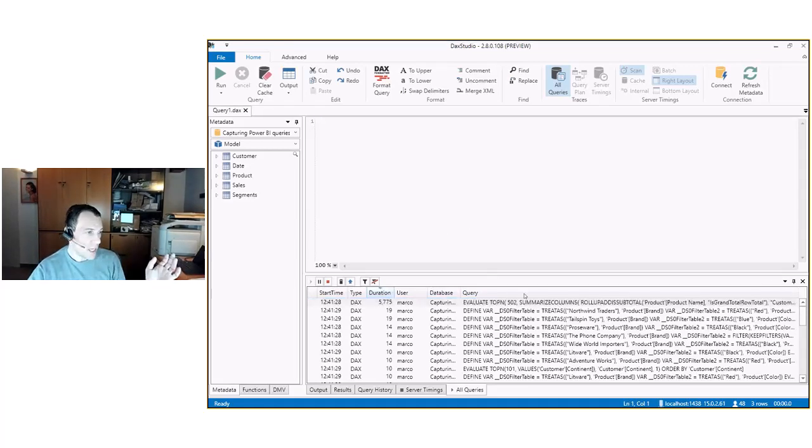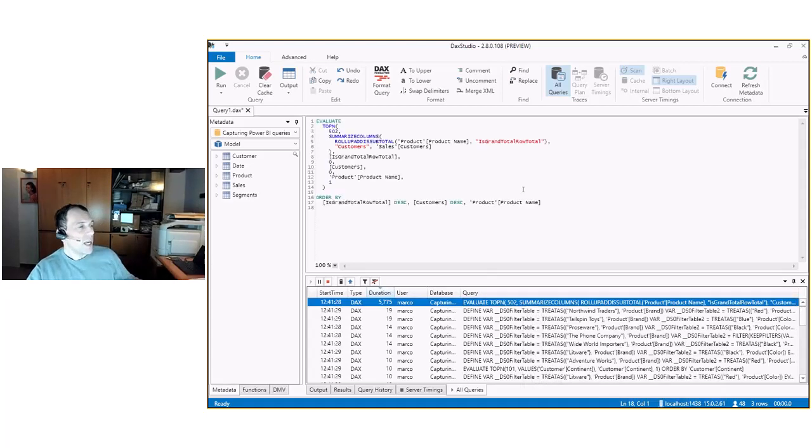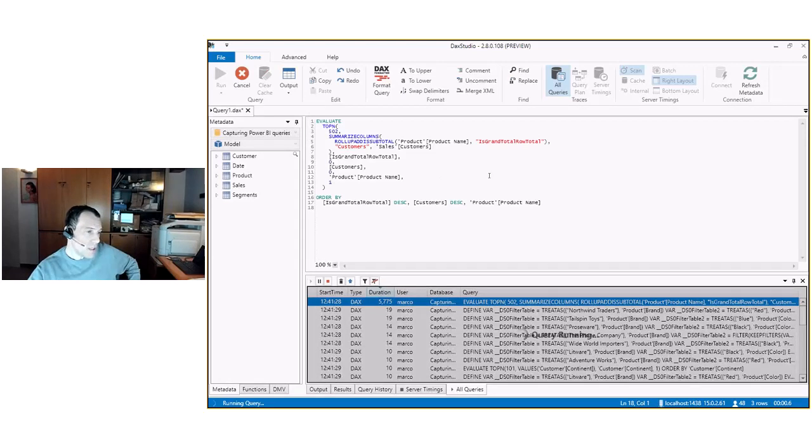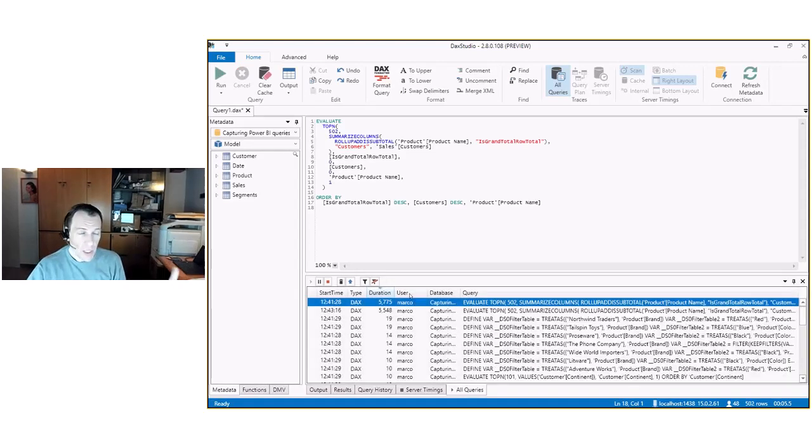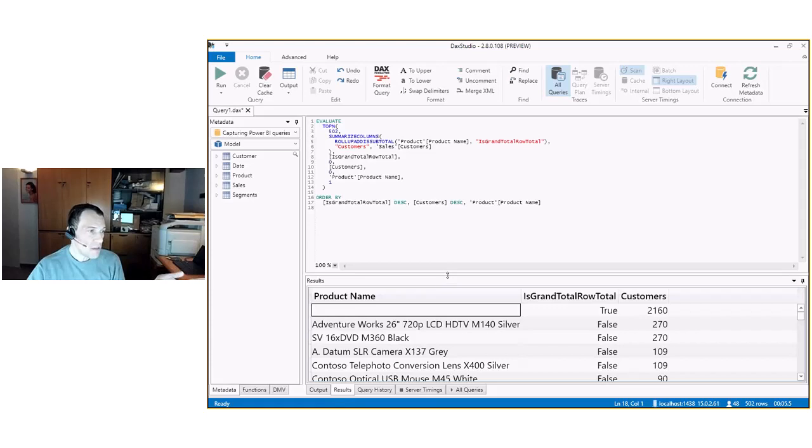So let me just close this, because I had to do. Okay, I double-click this, and now I can run the same query again. What does it mean? Basically, I can check what is the result of this query, the slowest one. I'm executing the same DAX query within DAX Studio, and I can check in the results pane what is the